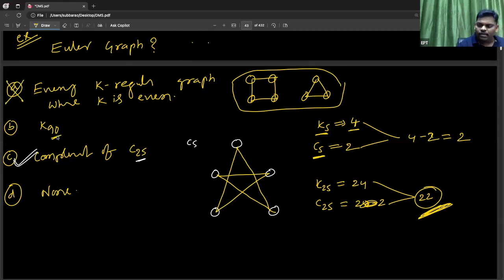K90 means everyone's degree is 89, which is an odd number. So the answer is that, right? If at all this question were given as MSQ, everyone could have given a wrong answer. Am I right? If at all MSQ, everyone wrong. And one more thing: you can avoid many mistakes